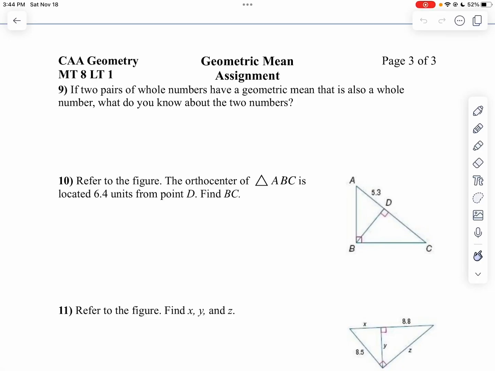Taking a look at the last page of our seminar, on question 9, if you have two pairs of whole numbers that have a geometric mean that's also a whole number, that means the two numbers have to multiply to be a perfect square. Because the geometric mean is the square root, so if it's a whole number,